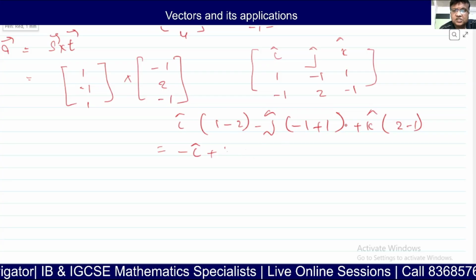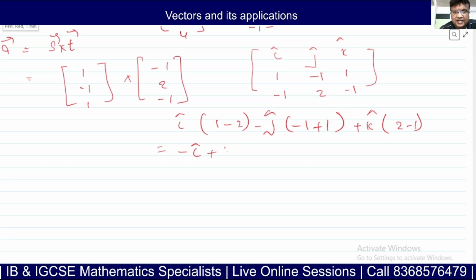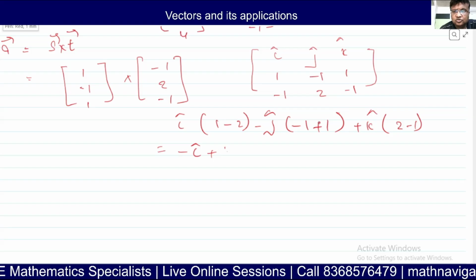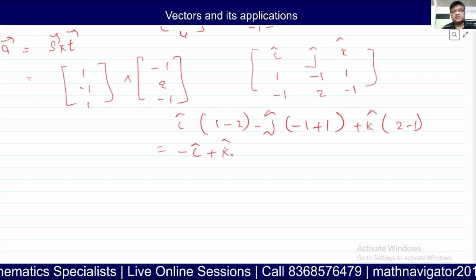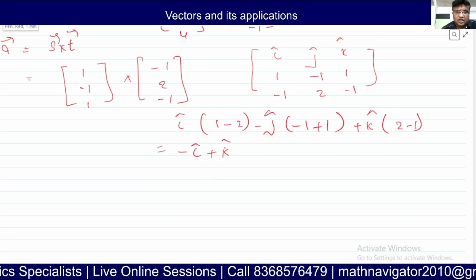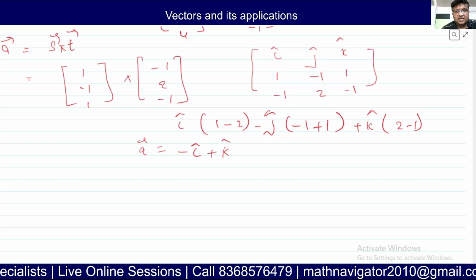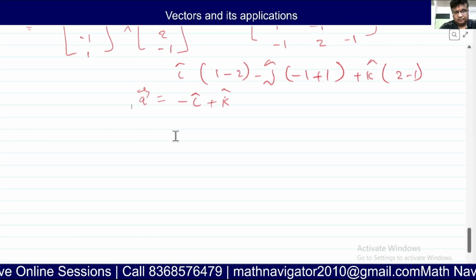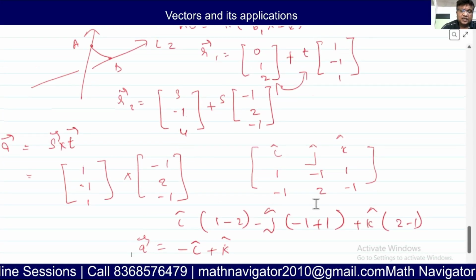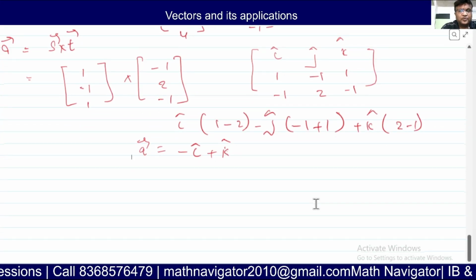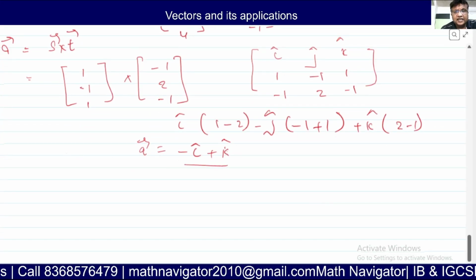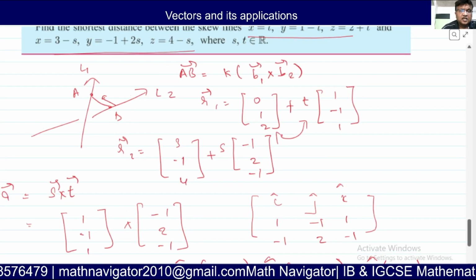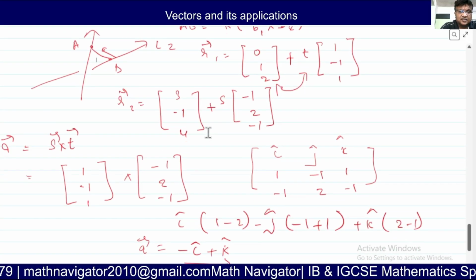So I cap, so this is how we'll make this. So minus I plus, this is 0, so plus k cap. So this is the vector product of these two vectors. So my vector A is equal to this. Got it? So now, what I'm going to do, the dot product of this vector, this vector A, right? So the direction vector